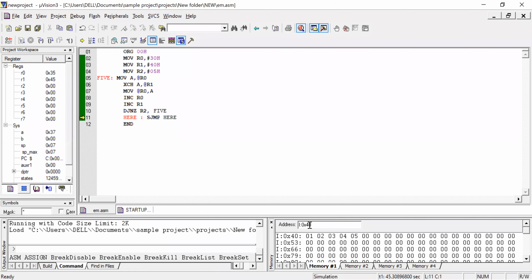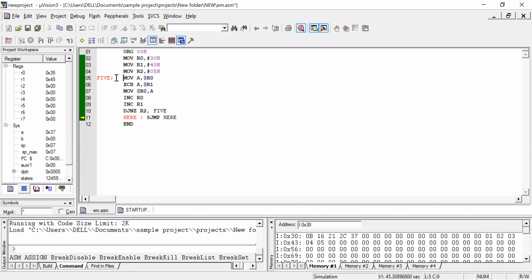Now we will go and see the data in 30H. So this is how the data is exchanged from one location to another location.